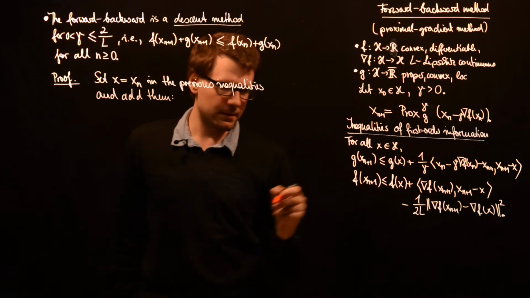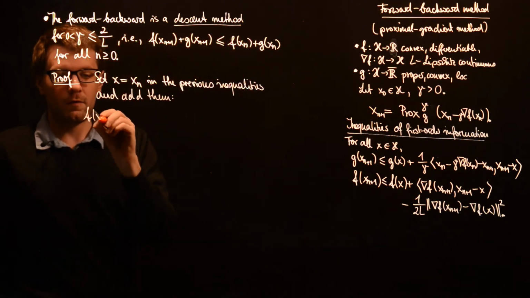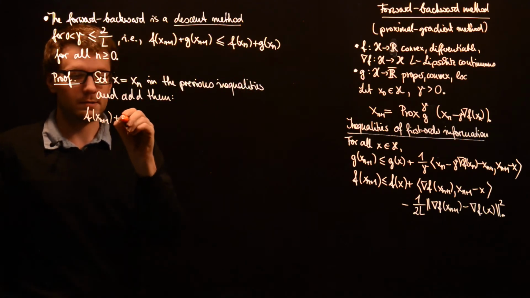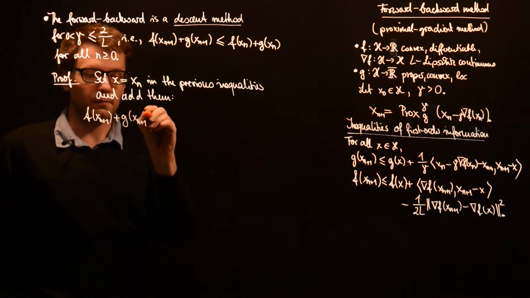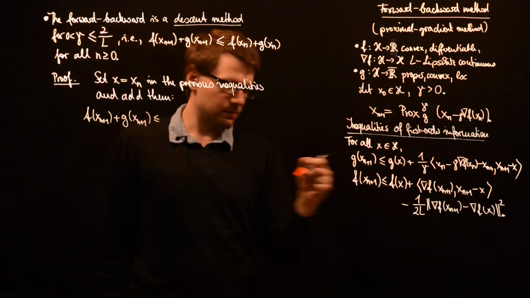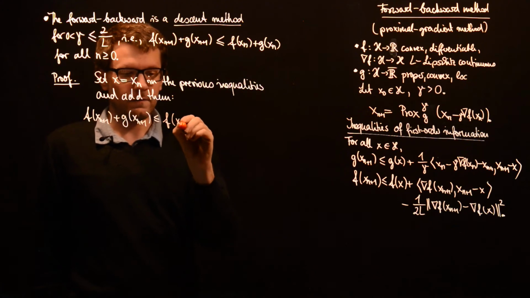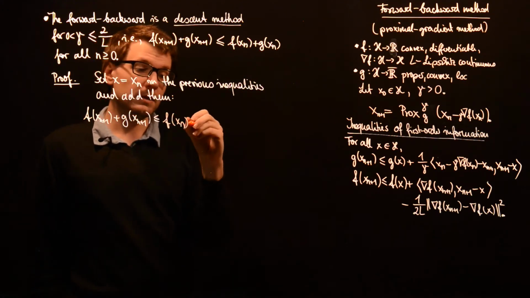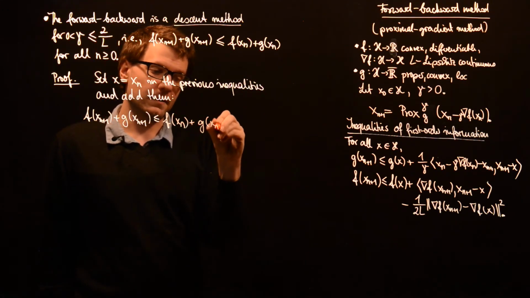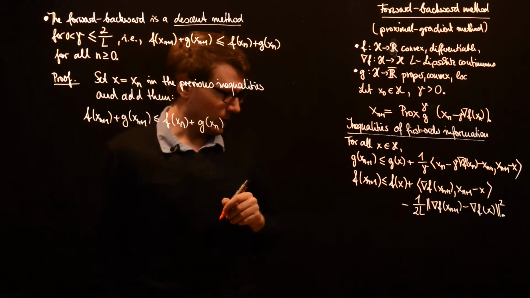So what we get then is f of xn plus 1 plus g of xn plus 1 less or equal than f of xn plus g of xn. And now we have,